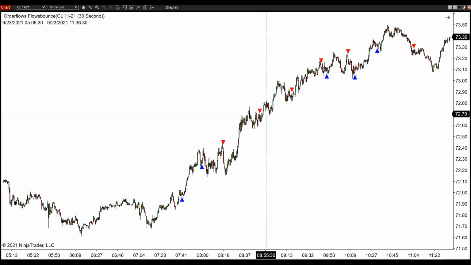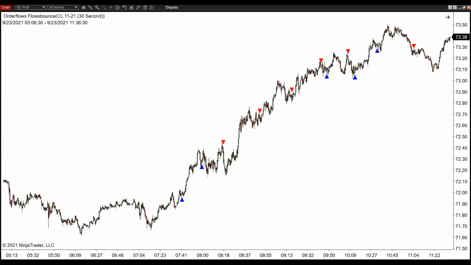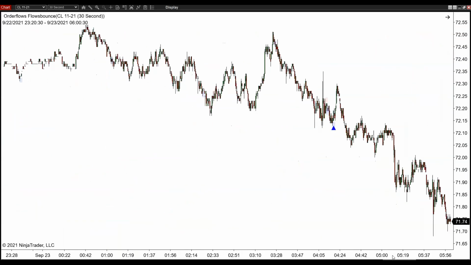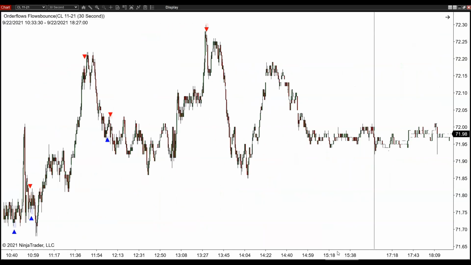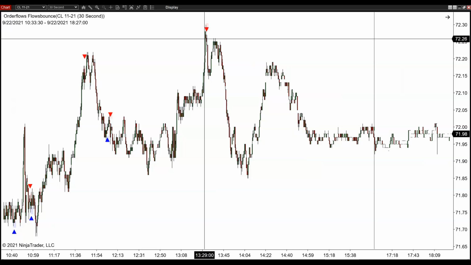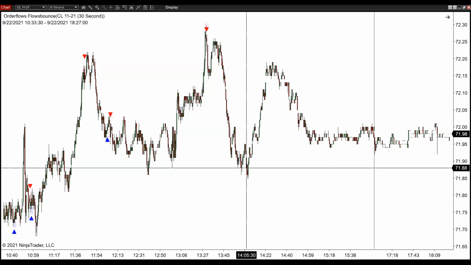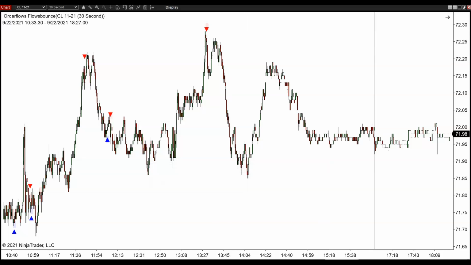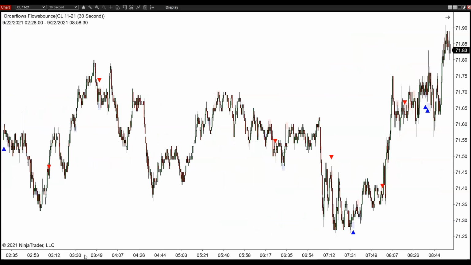This one admittedly didn't work. This one didn't work. Okay, you're going to have trades that don't work, just as you're going to have trades that do work. This was yesterday in crude. This is the trade. As a trader, these are the trades you love, where it just sells off, maybe pulls back a little bit, then sells off sharply, right? But again, this is when I talk about settings,